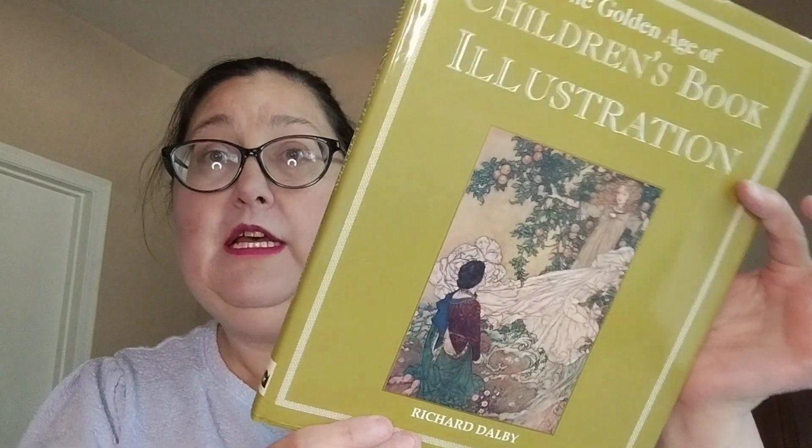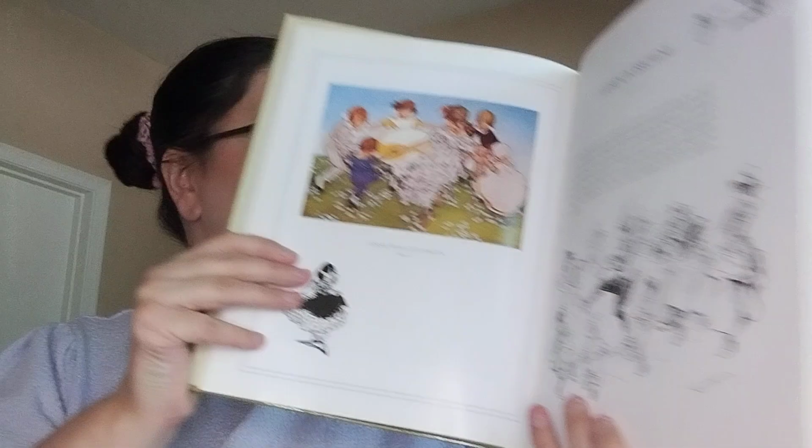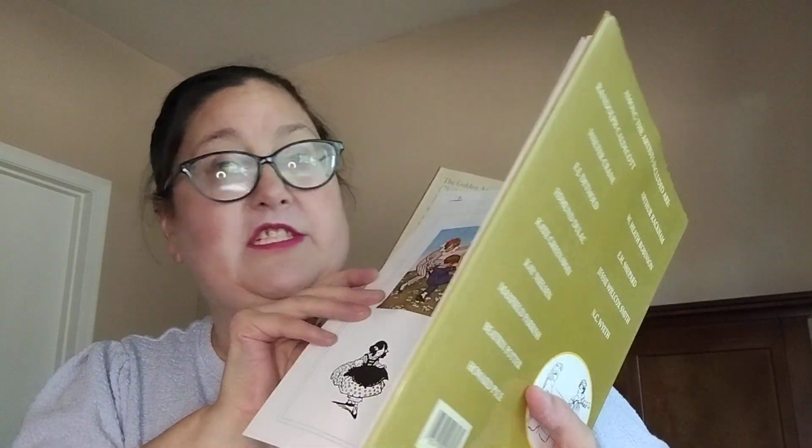This one is The Golden Age of Children's Book Illustration by Richard Dalby. And it is pretty big. Oh, the kitty's here. Oh, she just left. So I got this because I do love illustrations, and so some of the pages are